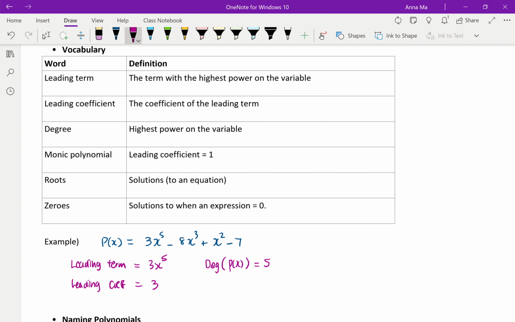And whether to call it monic or not. Well, the leading coefficient has to be 1 for a monic polynomial, but this one has a leading coefficient of 3, so we can't call it monic. In which case we call it a non-monic polynomial. So those are the words we can use to